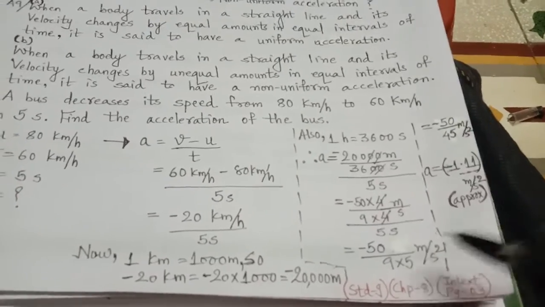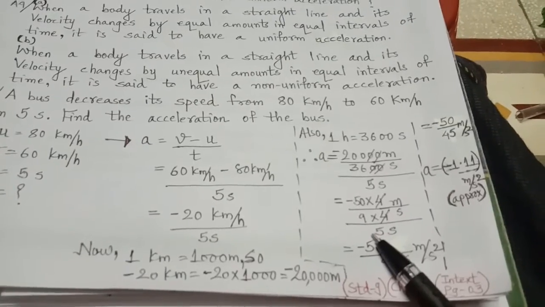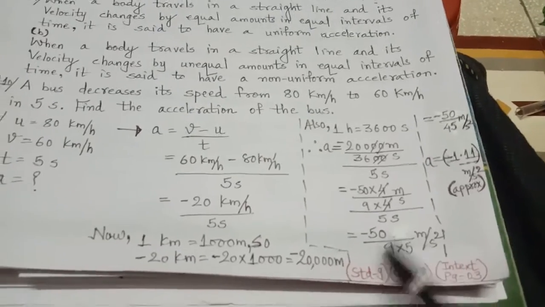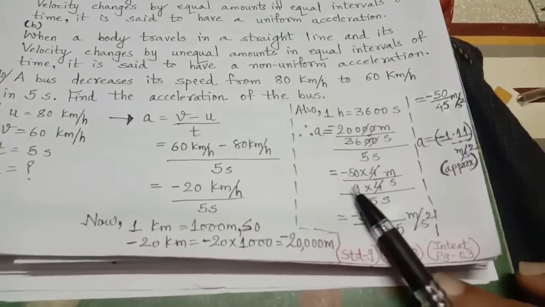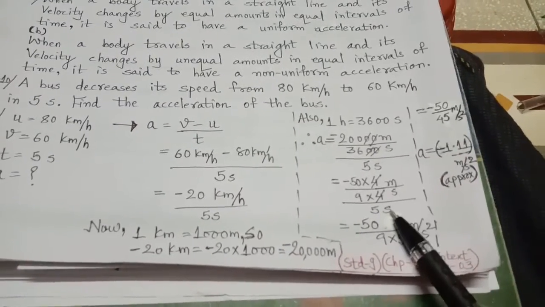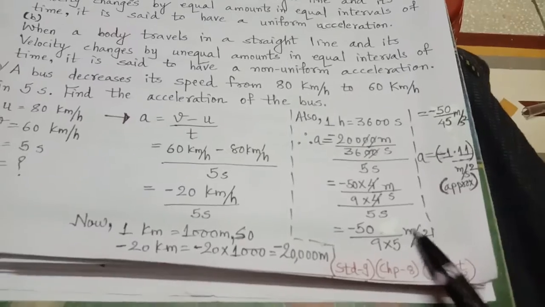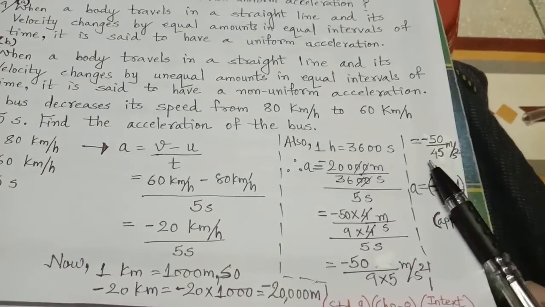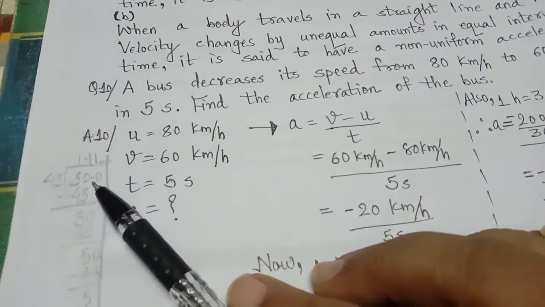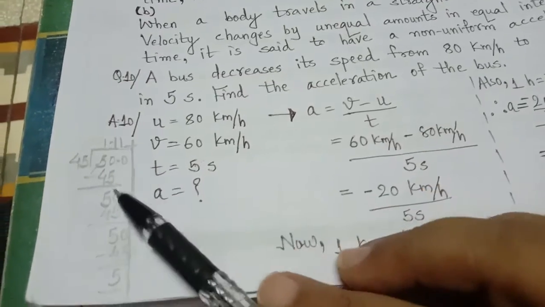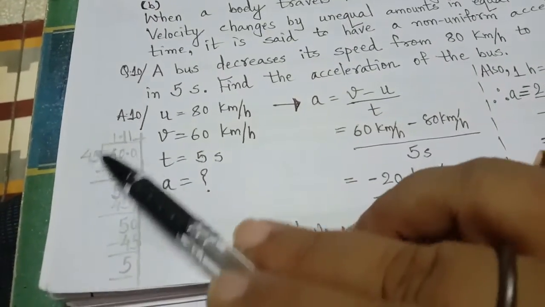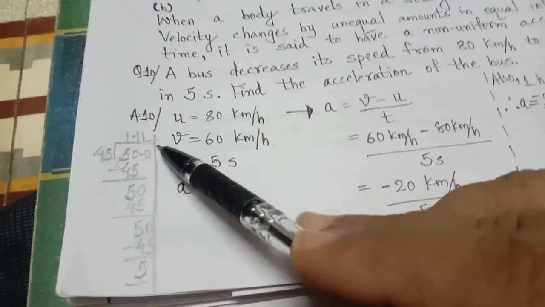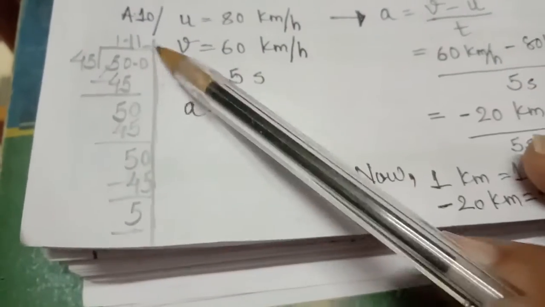Minus 50 by 9 divided by 5. So again this 5 will go to the 9 because it is in the division. So it will be the reciprocal. So minus 50 upon 9 into 5 meter per second. Second goes with the second. So meter per second square. Minus 50 upon 9 5s are 45. Let us divide it. So 50 divided by 45. 45 ones are 45. Again 5, taking 0. Again 1, taking 45. 45 ones are 45. So it is non-terminating.